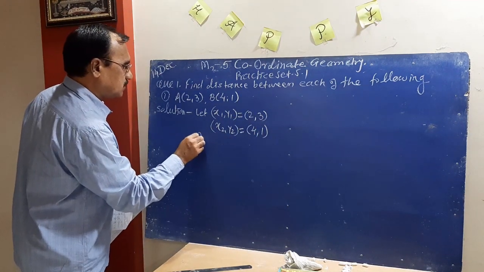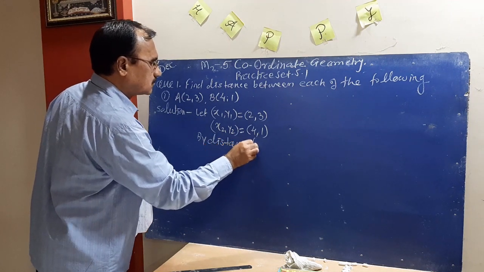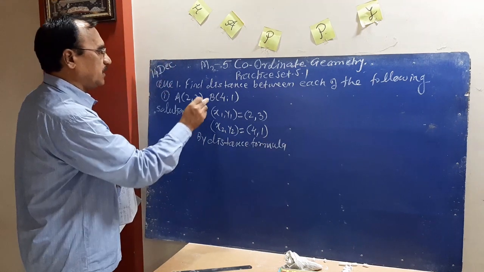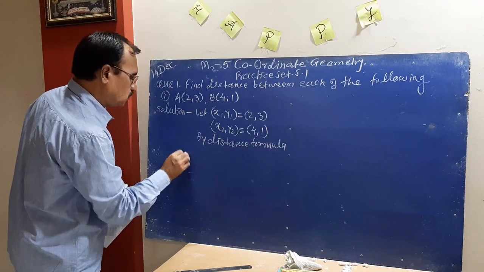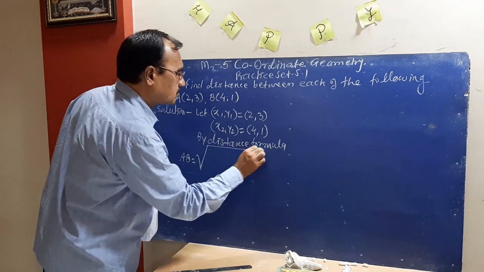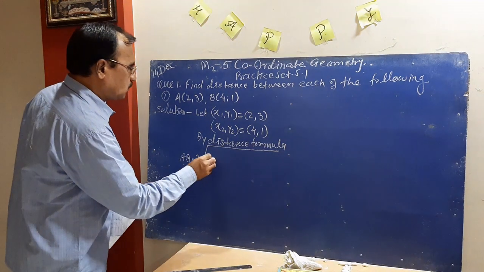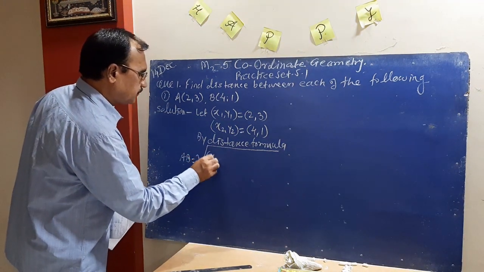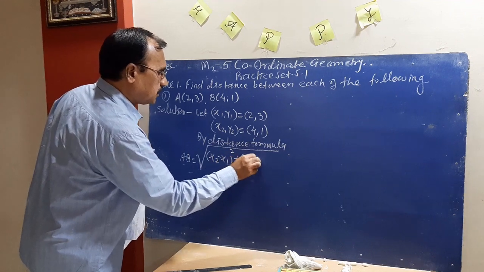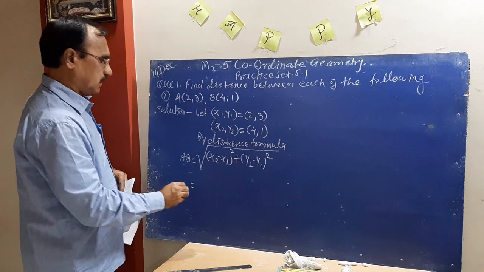By distance formula, AB is equal to, what is the distance formula? AB is equal to under root (x2 minus x1) whole square plus (y2 minus y1) whole square, is equal to